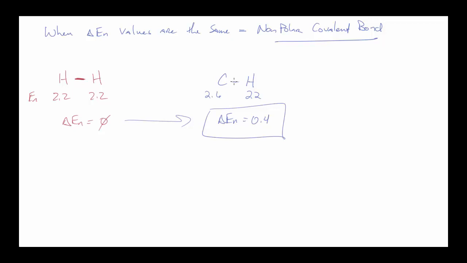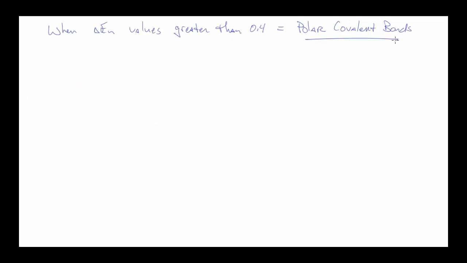Even though we would expect a little bit of an unequal sharing of electrons here with carbon and hydrogen, it's not going to be enough to give it enough ionic character to say that it's actually a polar bond. So 0 to 0.4 electronegativity difference is going to be a nonpolar bond, and it represents an equal sharing of those electrons. So now what we want to do is take a look at when my electronegativity values are actually greater than